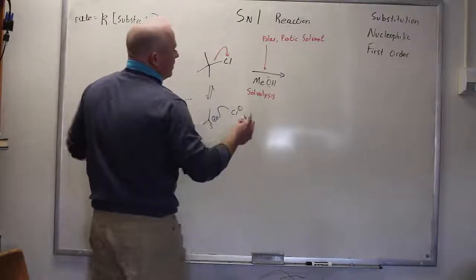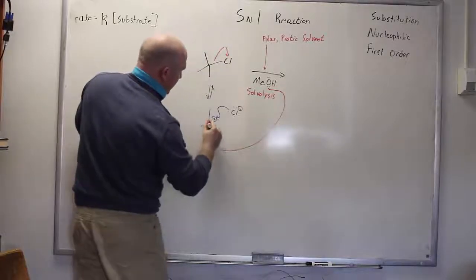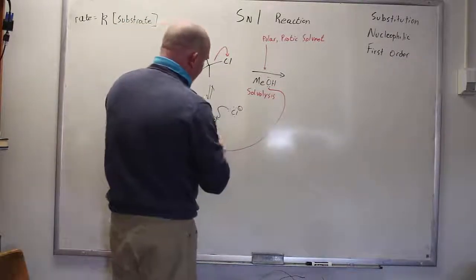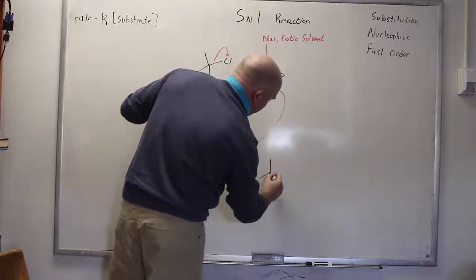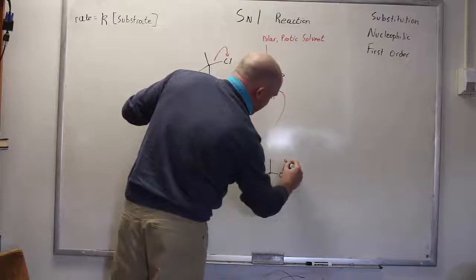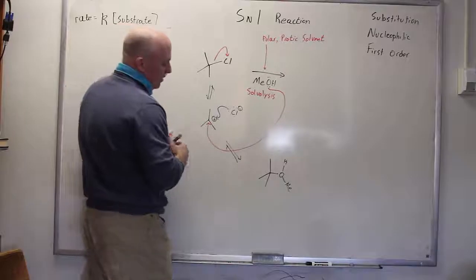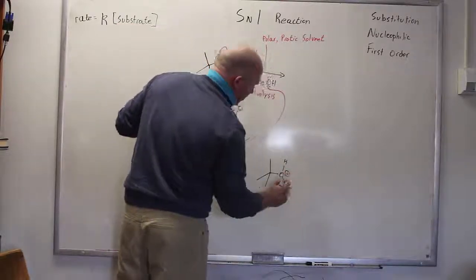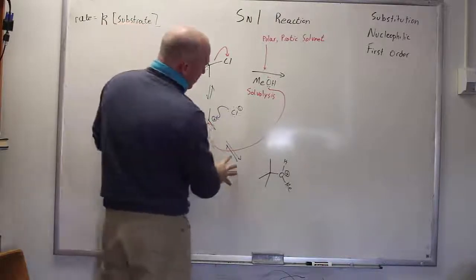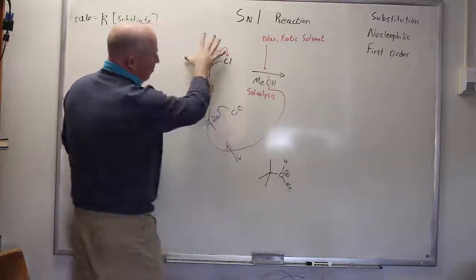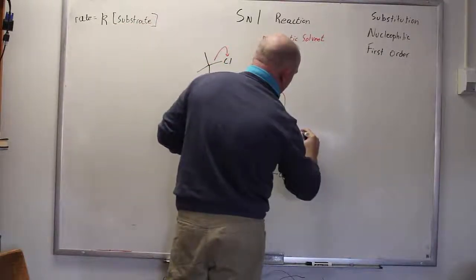However, sometimes the nearby methanol, and there's a lot of methanol around because this is the solvent, decides to come in and attack first before the chloride can. And if that happens, then we have another sort of equilibrium step where you now have a tert-butyl group and an oxygen has now made a bond to the cation that was there before, and the methanol is now bound. But of course, this methanol still has both the methyl and the OH present, so that makes its oxygen charged. So again, what we could do at this point is have the methanol leave and you could go back the way you came. On the other hand, methanol again is the solvent, so we have plenty of methanol floating around nearby,